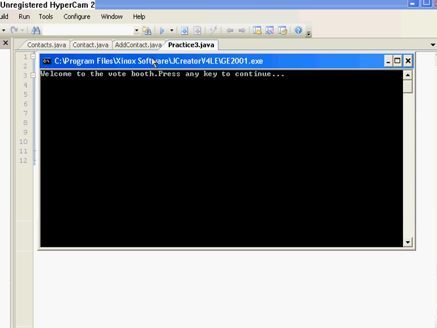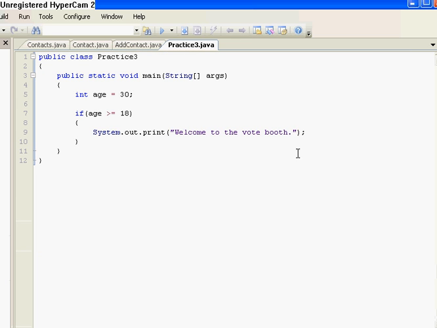Welcome to the vote booth. Press any key to continue. Which is our sentence here. Now, I think it's pretty straightforward why that did that, but